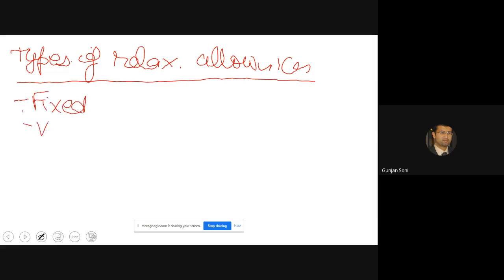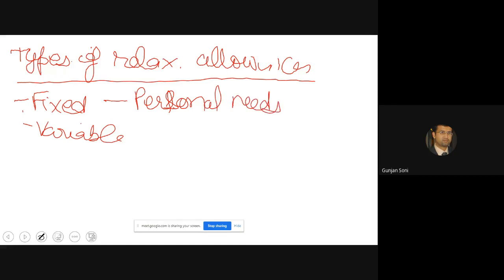Fixed and variable. As the name implies, one is going to change, one is not going to change. But what are those fixed allowances? So fixed allowances could be for personal needs.